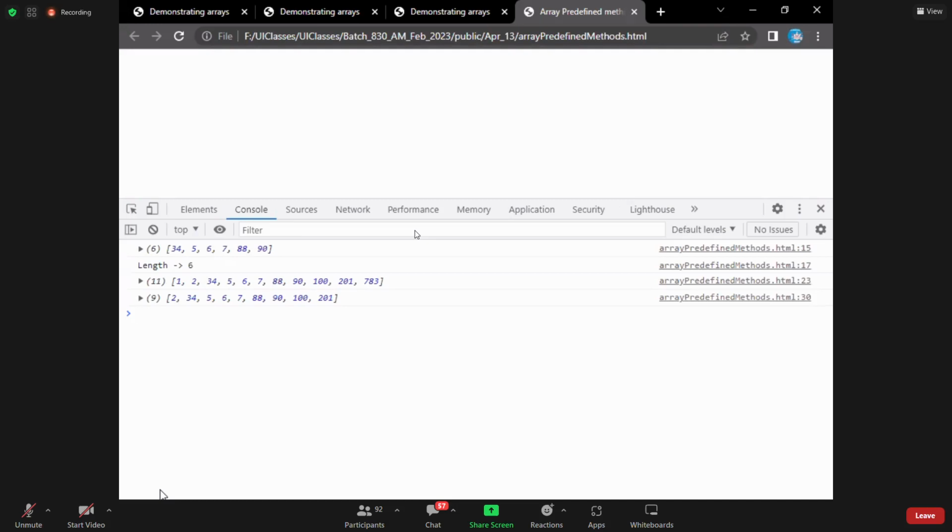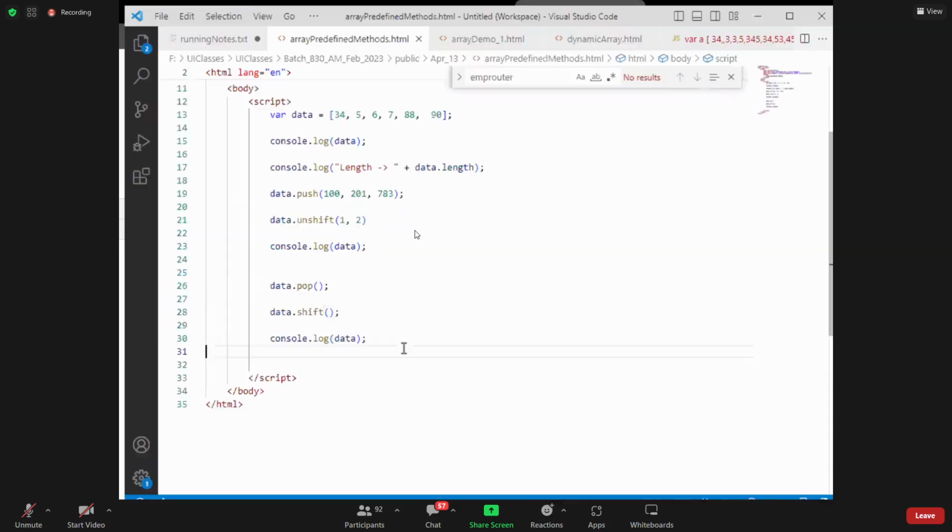What if I want to insert a new value at the 4th position? How do I do that? What if I want to delete the values between 5 to 10? So these are all the customization requirements that I have. So how am I going to achieve it? In order to do that, there is a predefined method, the master method, which is splice,